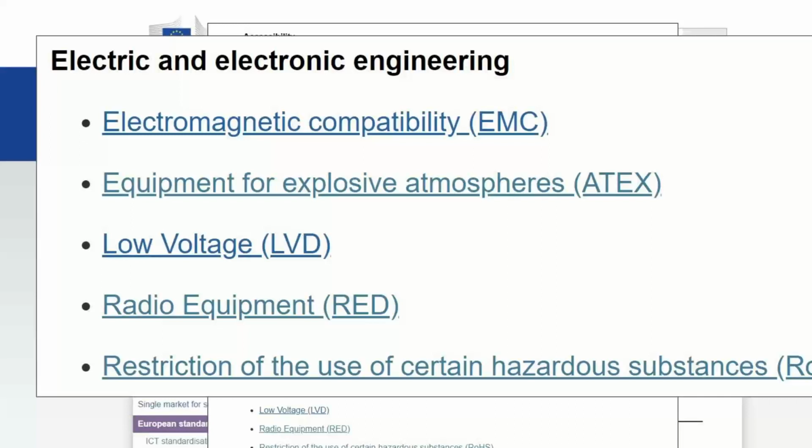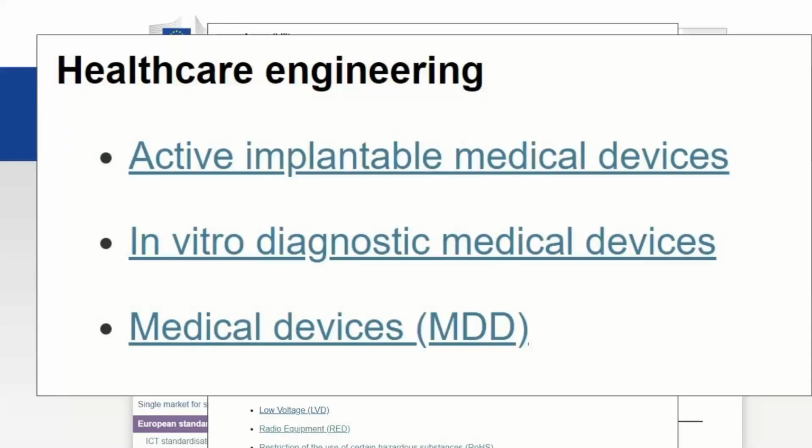So the most important ones are the low voltage directive for products over 50 volts, radio equipment for everything that has a Wi-Fi module or Bluetooth, and the EMC directive, healthcare,